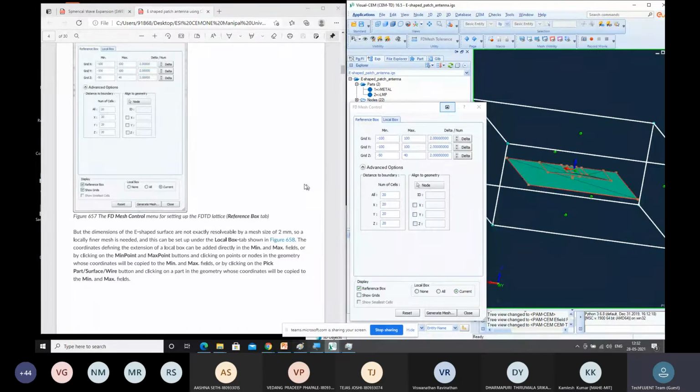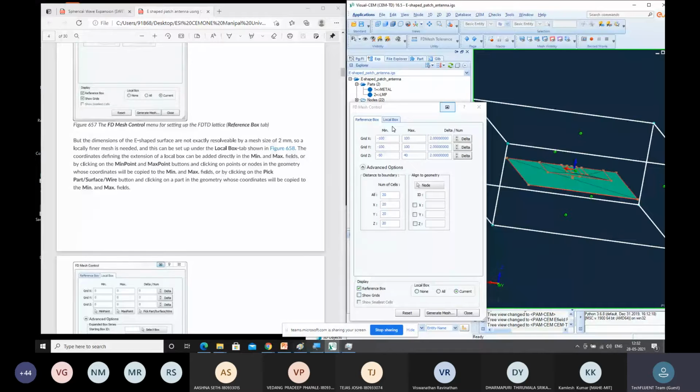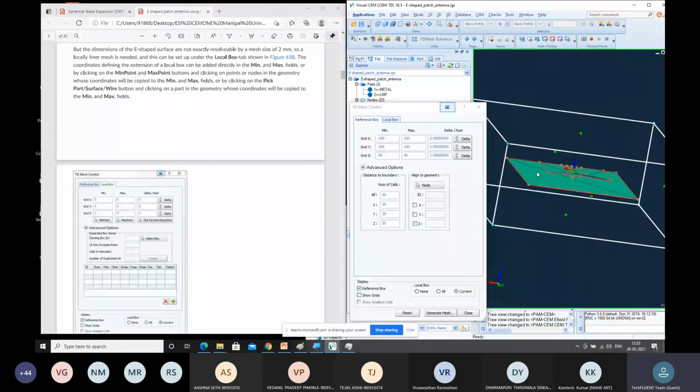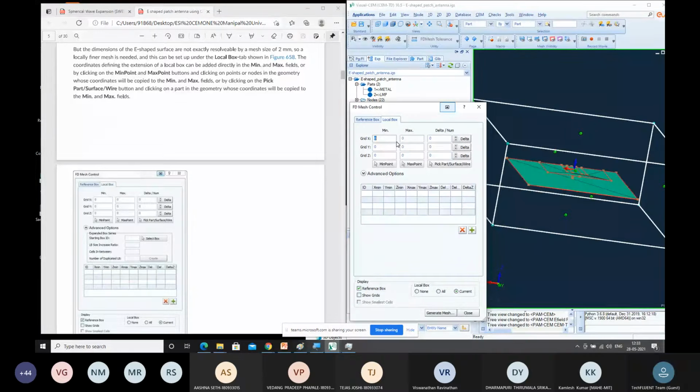Then we also have to resolve the antenna part. We have to closely create a boundary box onto the antenna part as well. So we have to create a local box, and put a min point and max points for the local boxes, based on the antenna dimensions you have. Click on the local box. So you can set up the grid boxes. This is purely based on approximation. You can see the review also, how exactly you're getting it. Let us put some random dimensions like -10 to +10.